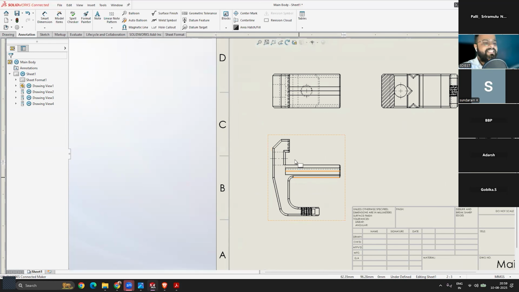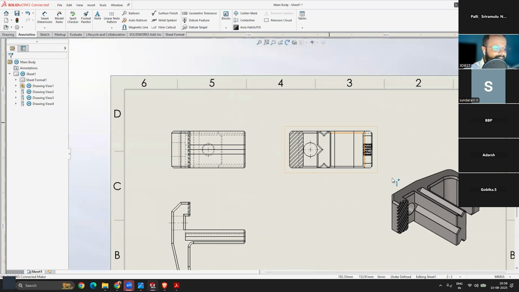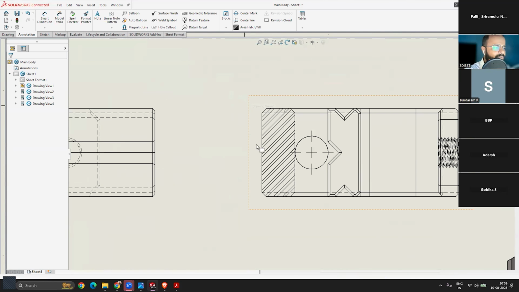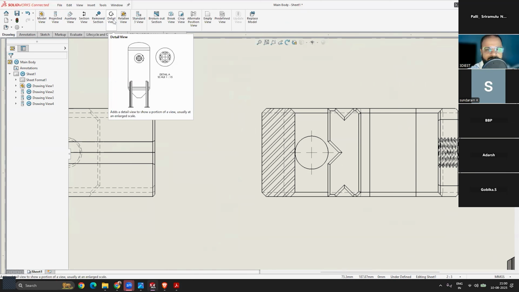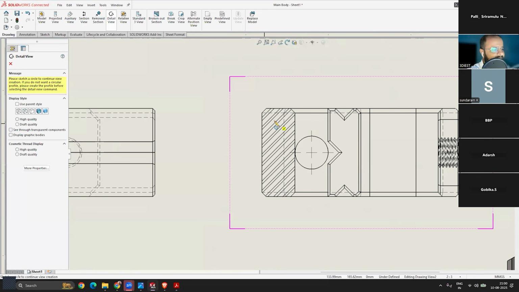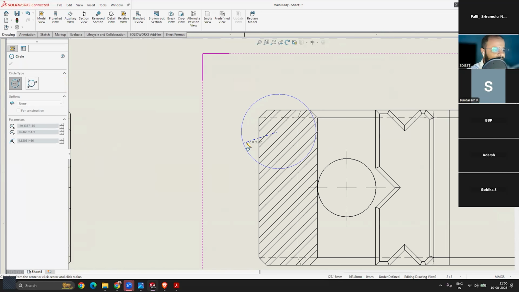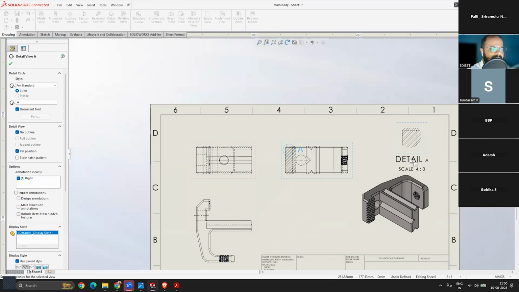dimensions for each part. For example, if you carefully see these slots, here you can see we are seeing it perpendicular. So if you want to make a detailed view of this, what we can do, if we go on to the drawing tab, there is an option that says detail view, right? So simply activate that detail view, click anywhere near this drawing and drag outside to get a circle like this. Now you can move that circle and place it anywhere onto your drawing.